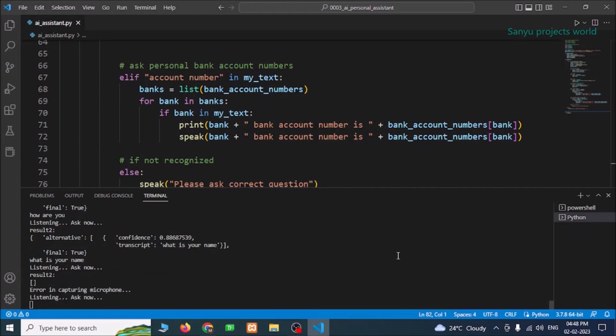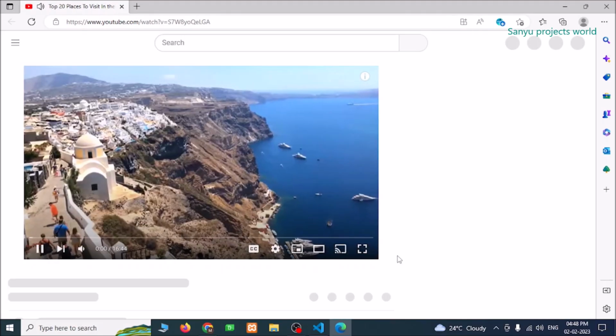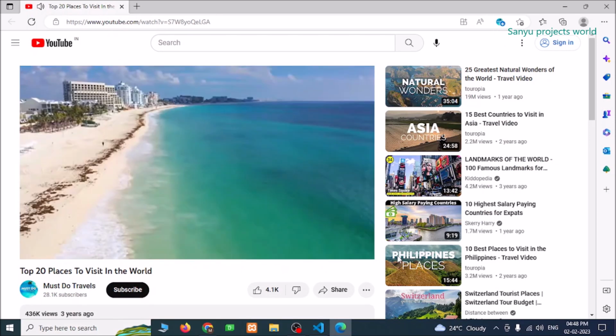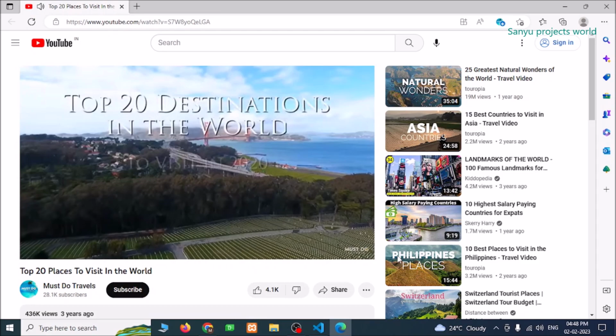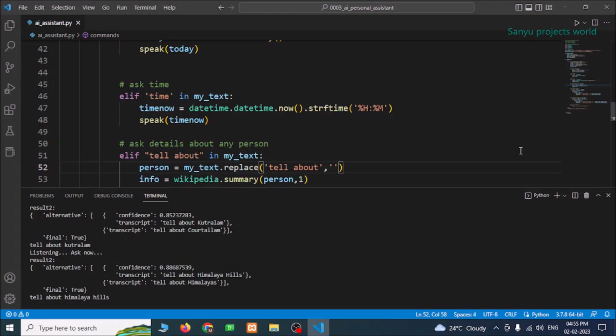Play world famous tour places. Playing world famous tour places. Tell about Himalaya Hills. The Indian Himalayan region, abbreviated to IHR, is the section of the Himalayas within the Republic of India, spanning 7 Indian states and union territories, namely Ladakh, Jammu and Kashmir, Himachal Pradesh, Uttarakhand, Sikkim, West Bengal